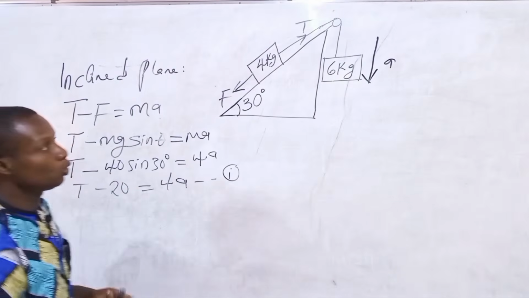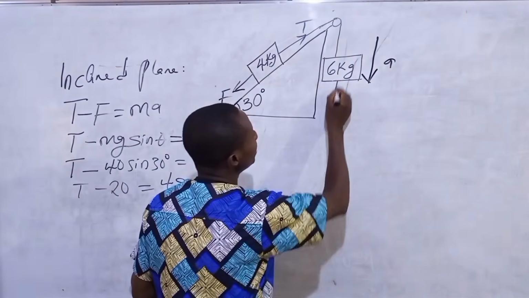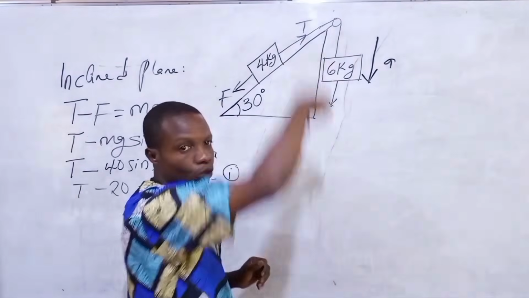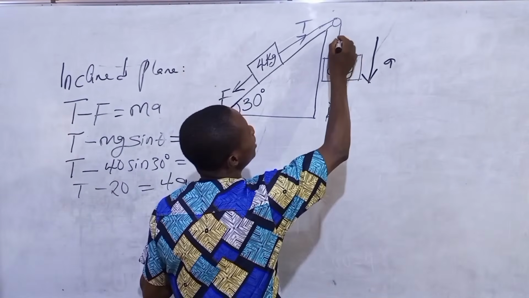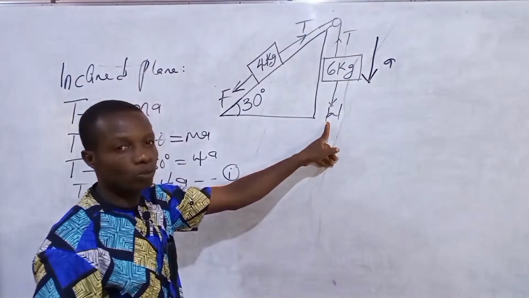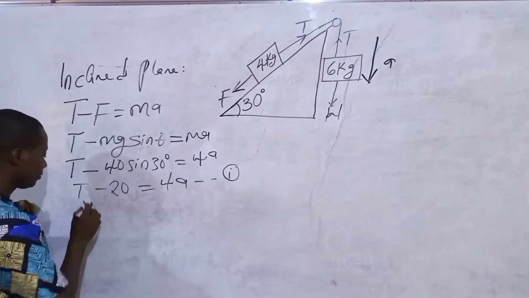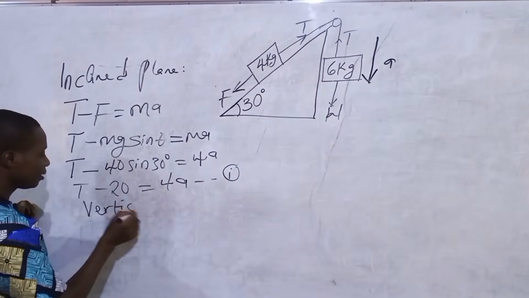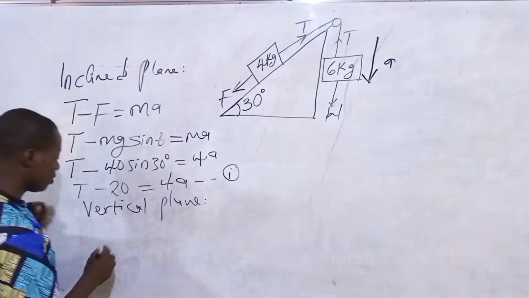Then equation 2 will come from the vertical plane. So let's look at the vertical plane. In the vertical plane, there will be a downward pull, right? Yes, due to the weight. And then there will be an opposite pull here due to the tension. But the direction is still towards W. So along the vertical plane, we are going to write